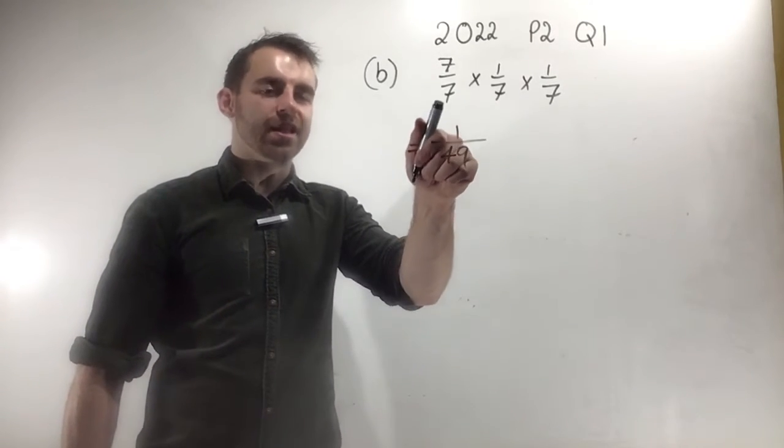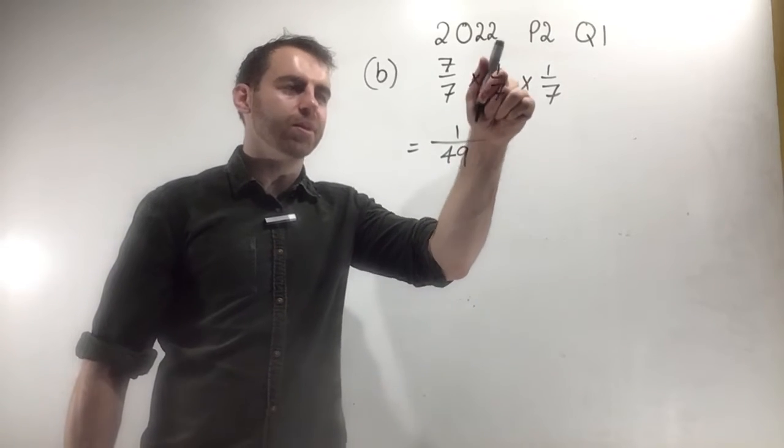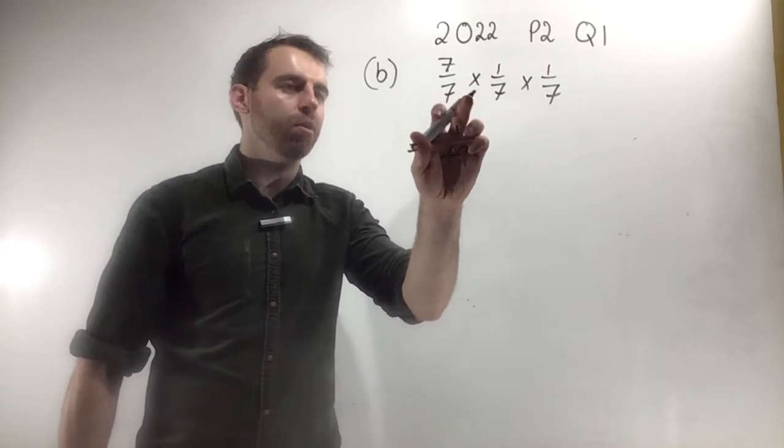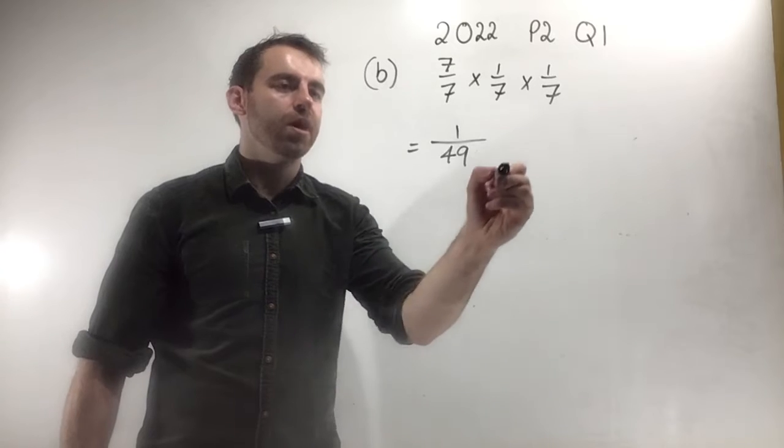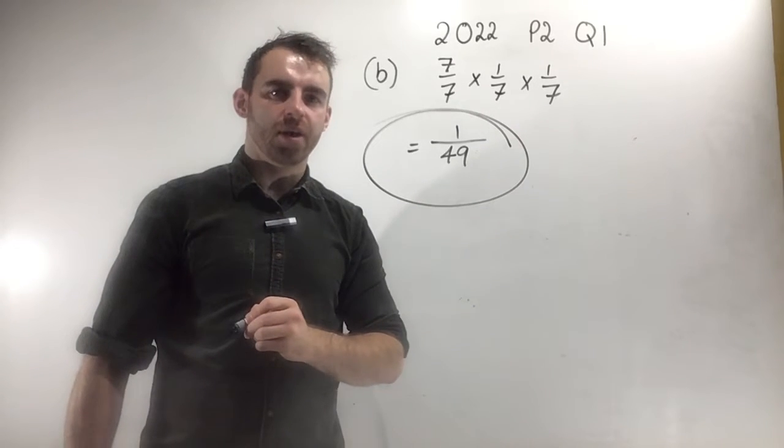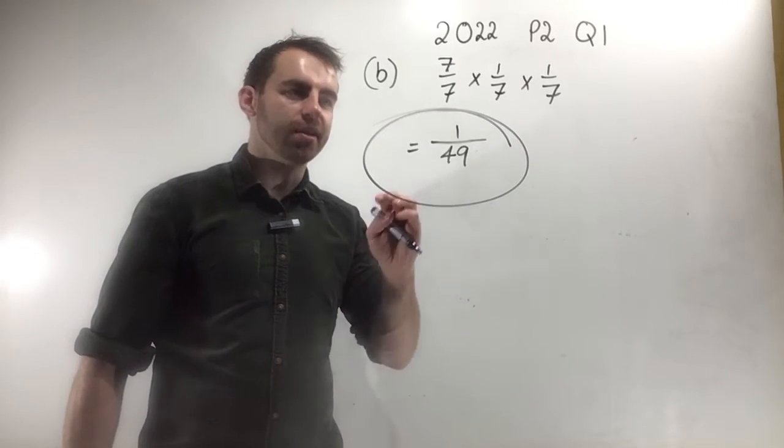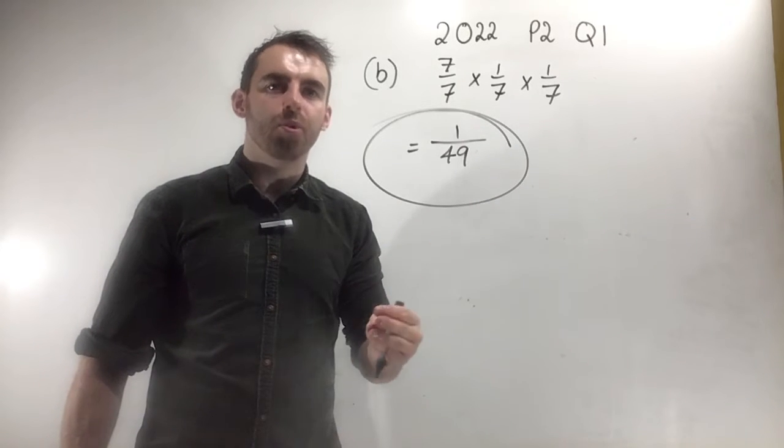I want to select the first person and the second person and the third person, so you multiply the 3 probabilities by each other, and your answer is 1 out of 49. There's a 1 in 49 chance that you randomly select 3 people and they're all born on the same day